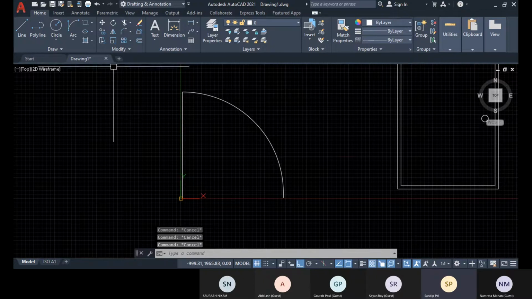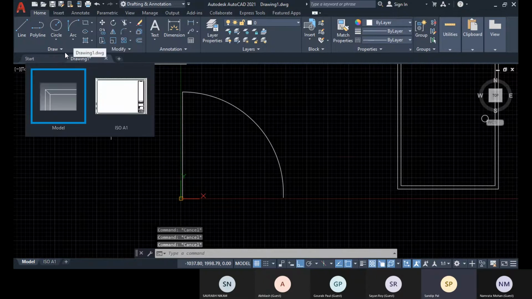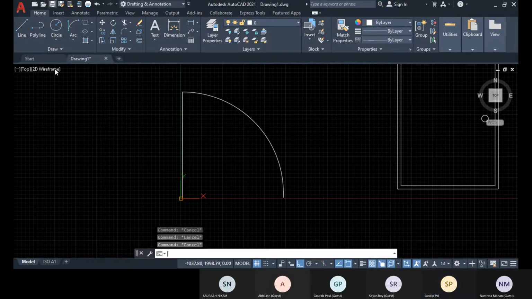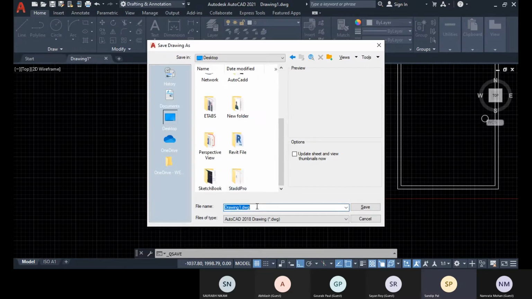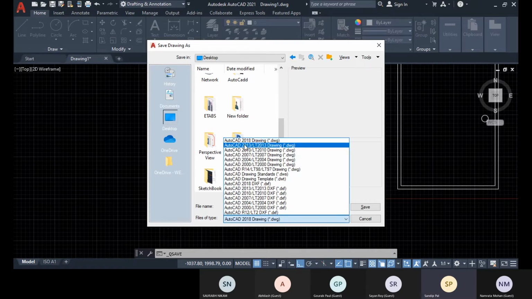All right. Now if you save this, let me save it. I'm going to save it in the desktop. Okay, and here let me save with demo block class, and this is the format file type if I need 2013. So below 2013 it will not be opened. Okay, up to 2013 all the version, within all the version up to 2013 this file can be accessed. Okay, so according to that you have to choose the file type.